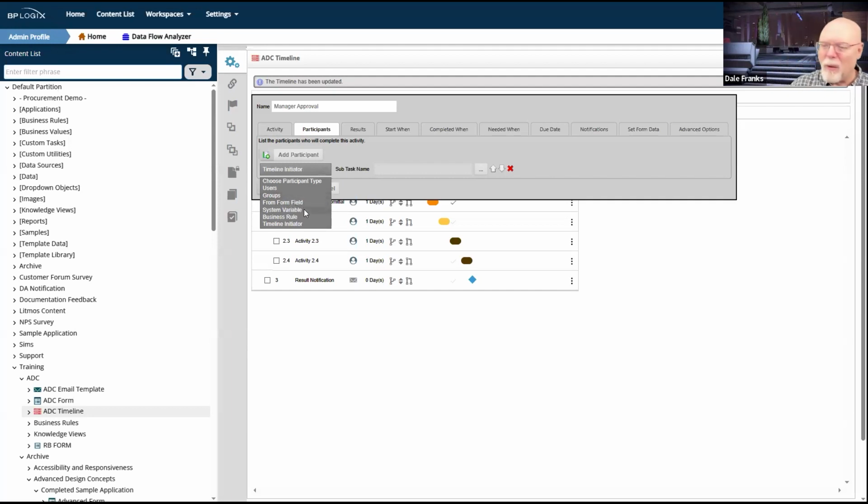I think there's no way that I can do this that doesn't sort of violate our intent here. So I am going to keep it at timeline initiator for ease of use. That way, everything goes to me and we can just quickly go through and demo stuff without me having to constantly impersonate somebody else and then be myself again and then impersonate somebody else. We're just going to keep it to me.